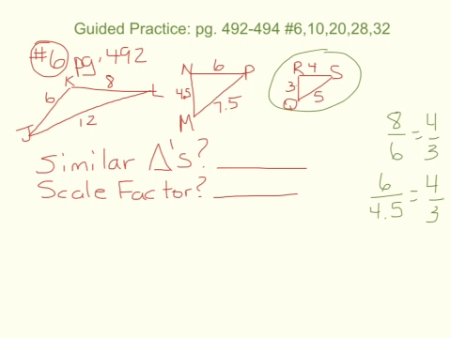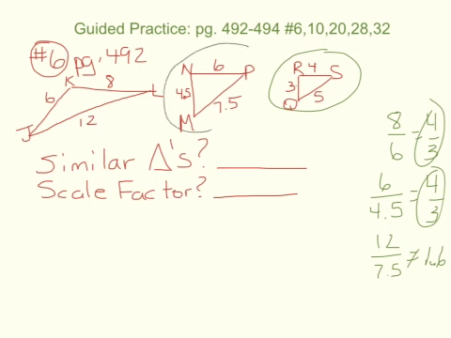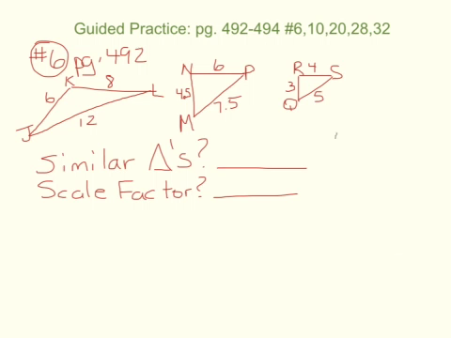And then I'm going to try 12 over 7 1/2 and see if that reduces to 1.3. And that one is not. It's 1.6. So this doesn't equal these other ones. So JKL is not similar to MNP either. So let's try MNP and QRS. So NP is 6, and that goes with RS, which is 4, and that reduces to 3 over 2,